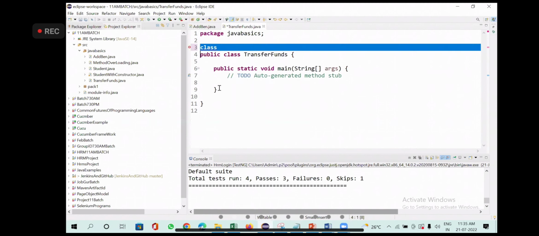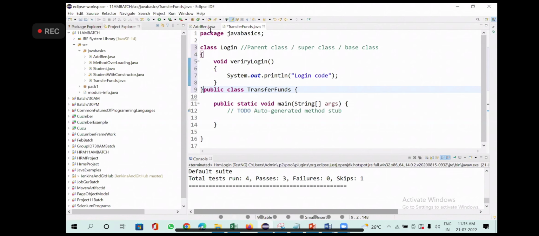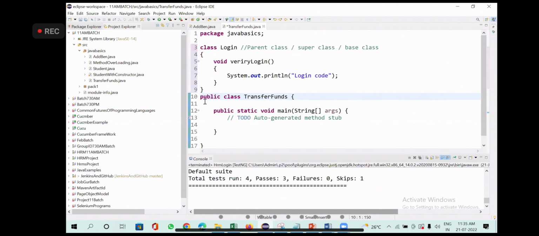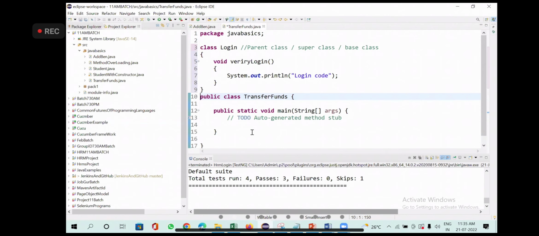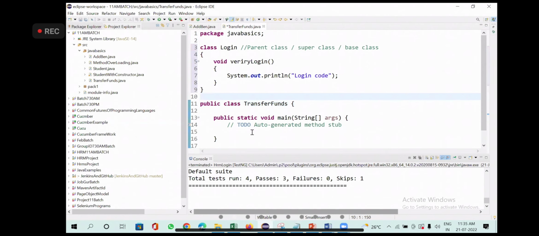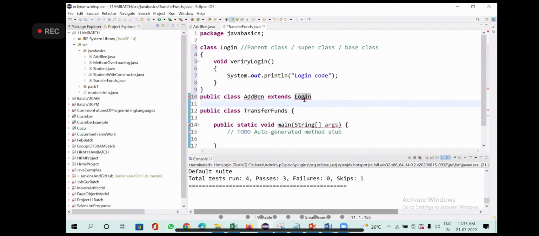Okay, you already have the login code. One class is there. Then you also have one more class, which is add beneficiary, which extends login. Now you'll have class add beneficiary extends login.